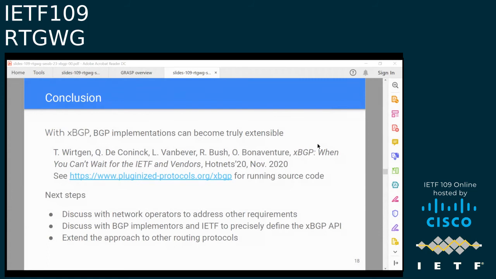And this is generic, and although we implemented it in BGP because it was easy for us to extend BGP and to do tests with BGP, we believe that it can apply to any routing protocol, and that's why we discussed with Jeff to present that here, because this is an idea that is generic and that would be applicable to any routing protocol. I agree with you that doing that over external BGP sessions and over the public internet